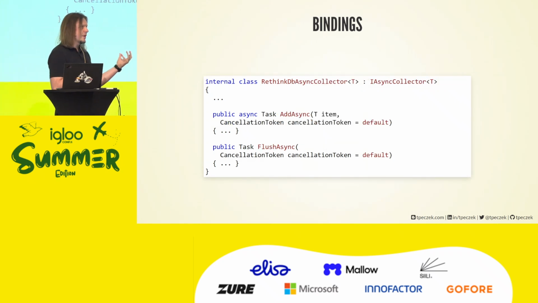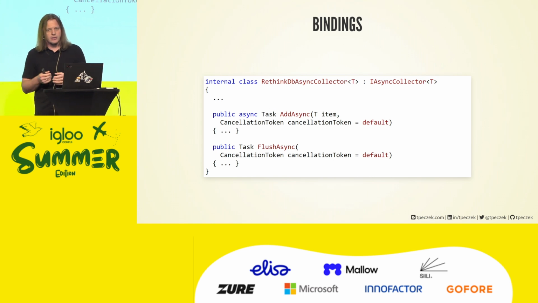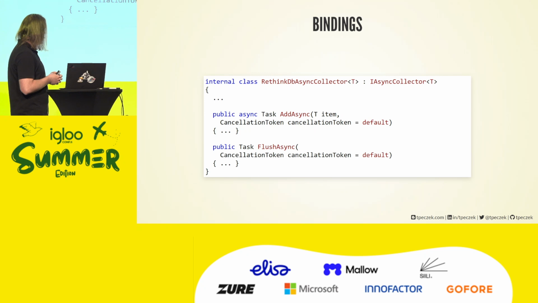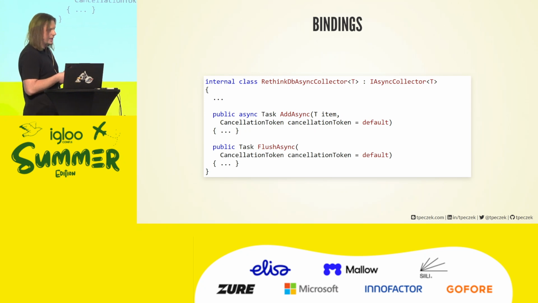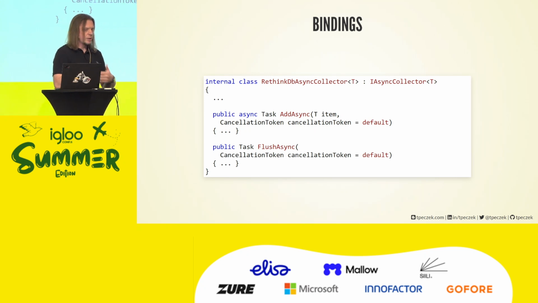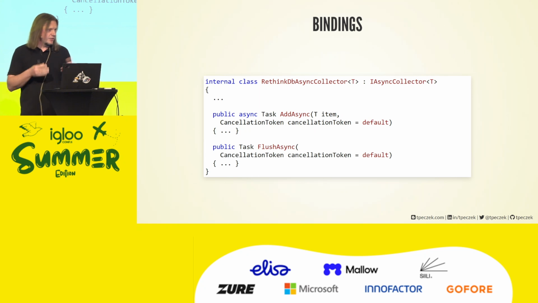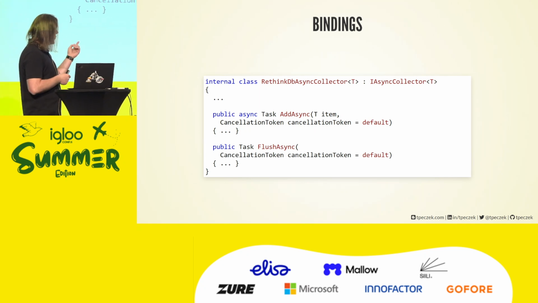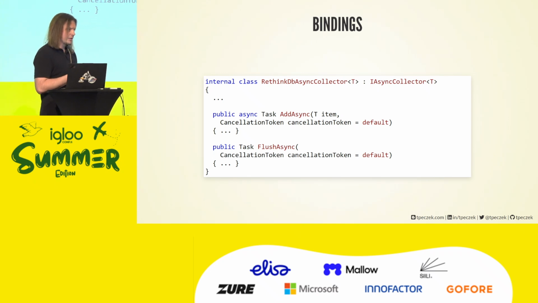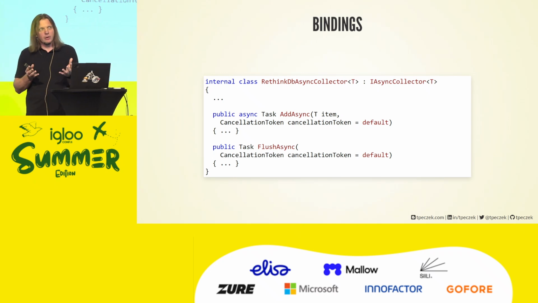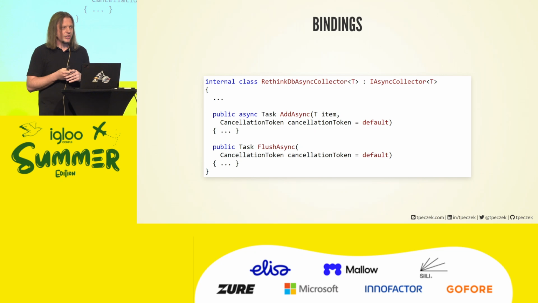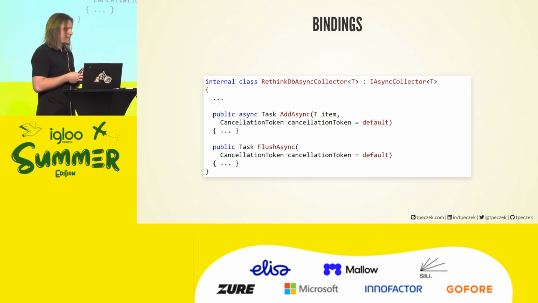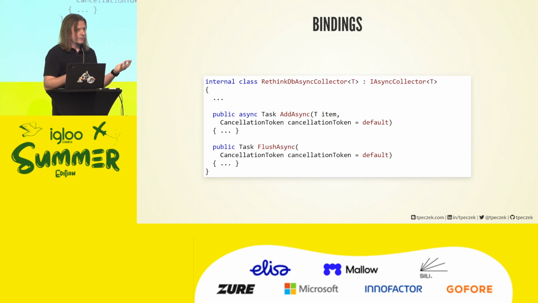In fact, you can experience that firsthand if you are a .NET developer, because in case of .NET, you can ask for a parameter of type asynchronous collector. You will have direct access to that add method, right? This is usually how you return multiple values from your functions. But if you are not doing that, you are just returning a value or you're using a different language, Azure Functions will create this for you and call that add method. So whenever you are interested in how Azure Functions is integrating your output data, just find that asynchronous collector, go to the add method. It may have different levels of complexity.